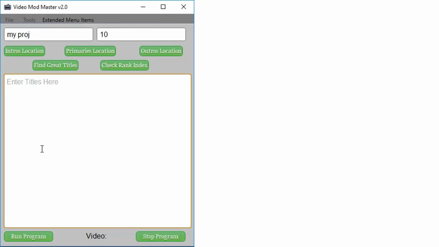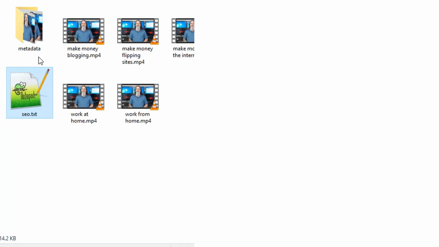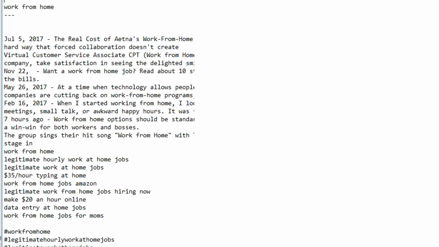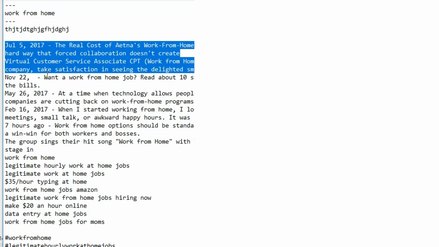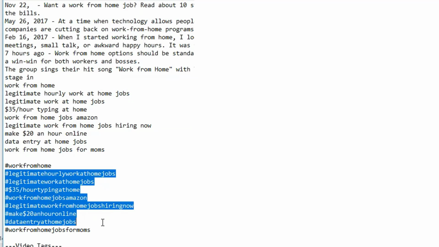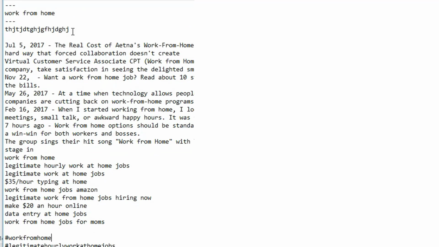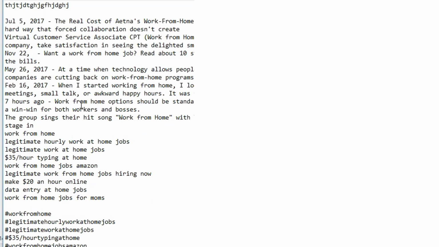Now, when this finishes, it'll give you a pop-up and it'll open up the screen. And here's an example of mine. So what it does is it'll create your videos for you. It'll name your videos according to the names you put in. And it'll do SEO on your videos. Now on the SEO, on each one, in between these 3 little dashes, is the keyword that was used. If you used custom description, the optional description, your stuff would be in here. Then this is the actual SEO data that it has created for this keyword,